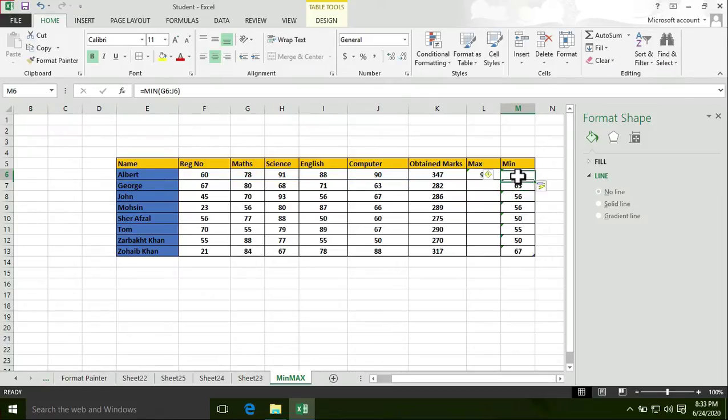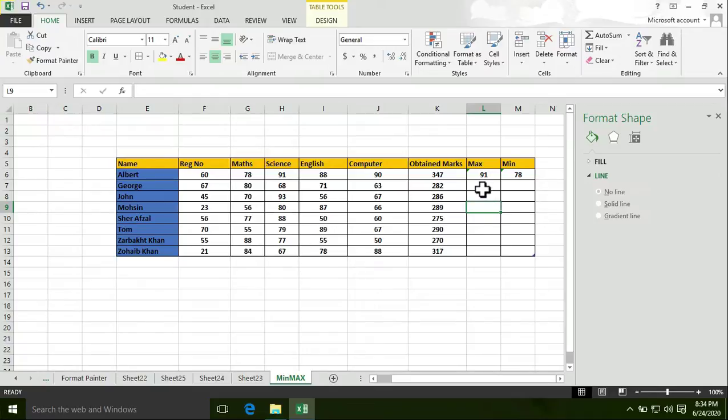The answer is 78. So 78 marks are the lowest marks out of these four subjects. Albert got 78 marks in maths, and 91 marks in science. The maximum out of these subjects is 91, and the minimum is 78.